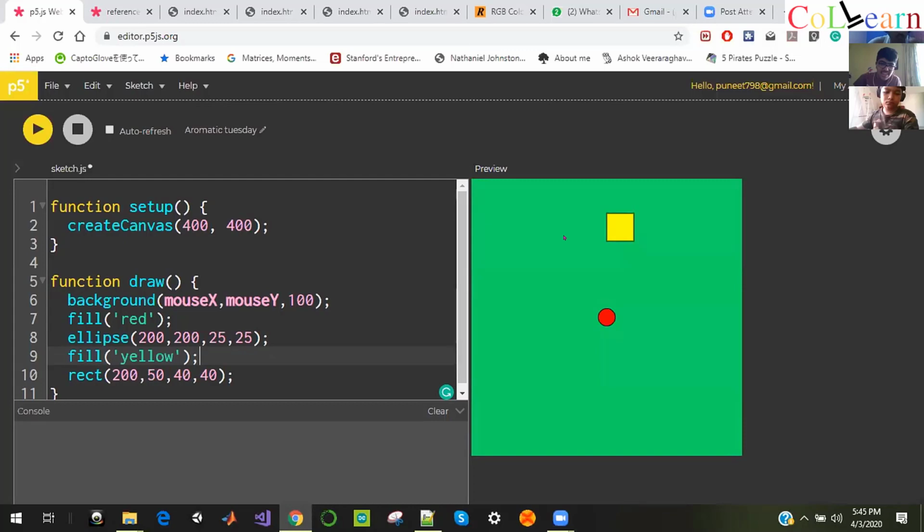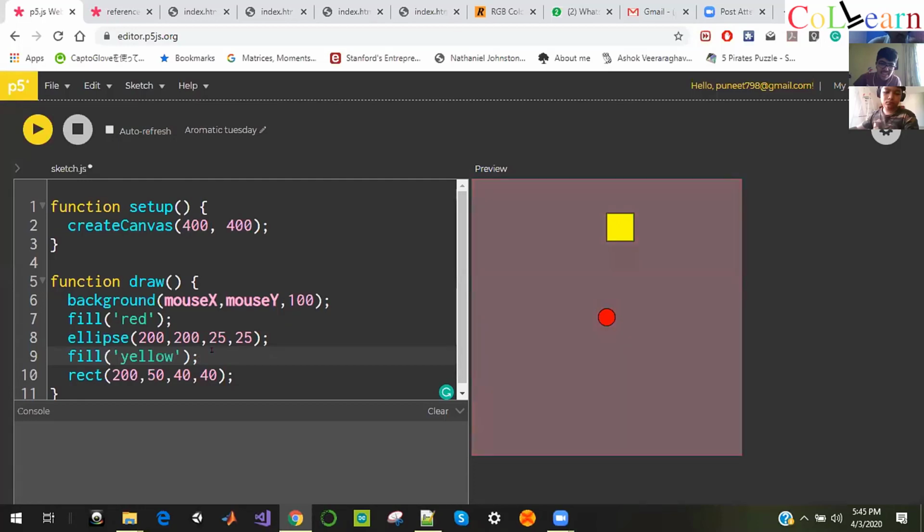The reason it's not aligned is because of the coordinate we have given. So 200 comma 150 for me is here. Like Sneha said, when I gave 200 comma 150, it doesn't represent the coordinates of the center of the square. It represents the coordinates of the upper leftmost corner of the square.